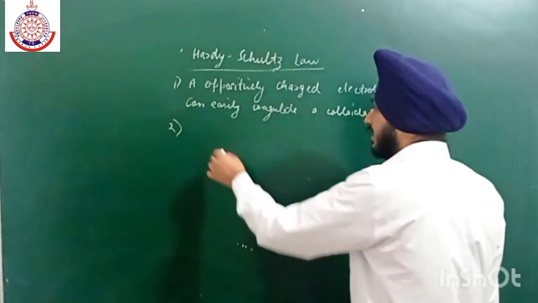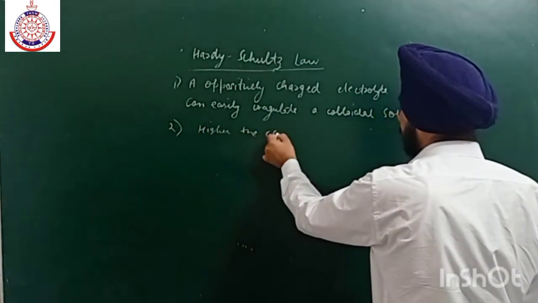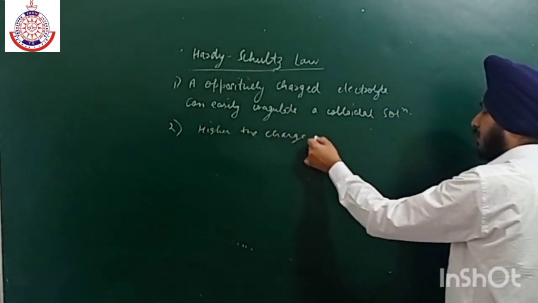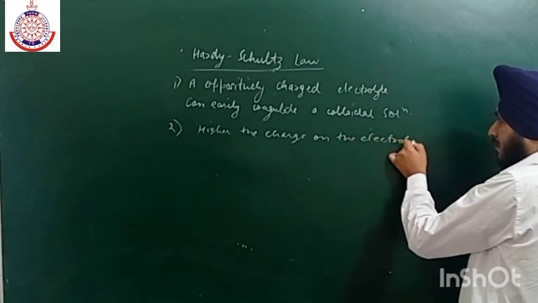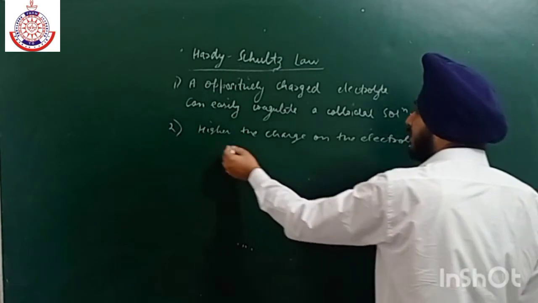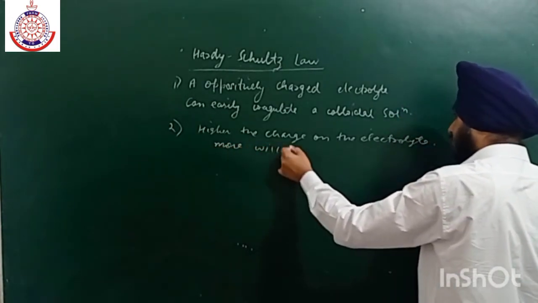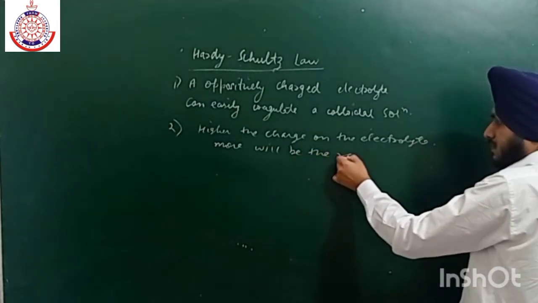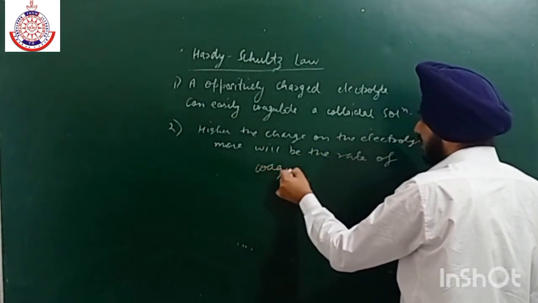So second is, higher the charge on the electrolyte, more will be the rate of coagulation. Now what does this mean? For example,